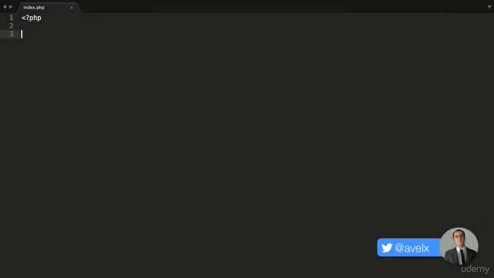PHP 7 now gives us the ability to use anonymous classes. Now you may be going, why would we want to create anonymous classes? Well, take for example a PHP framework. Now usually with the PHP framework there would be a class, and that class would build an object that represents